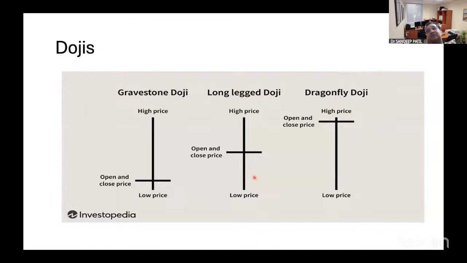So this is regarding individual candles. Okay, but in trading, you have to look at a